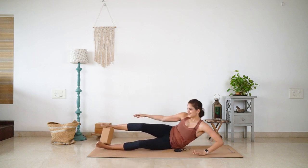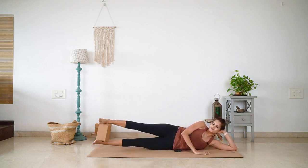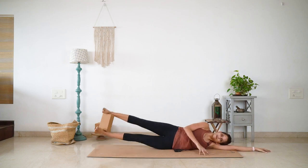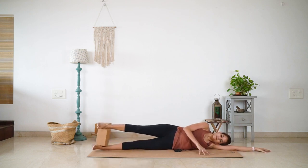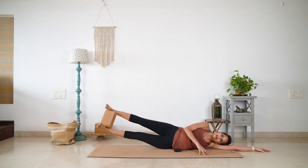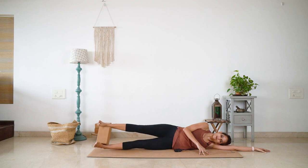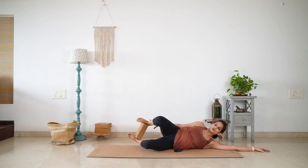A little bit tricky, and let's continue. For 1, 2, you can come to lie down, 3, 4, 5 and hold for 5, 4, 3, 2, 1 and slowly release. Let go of the block